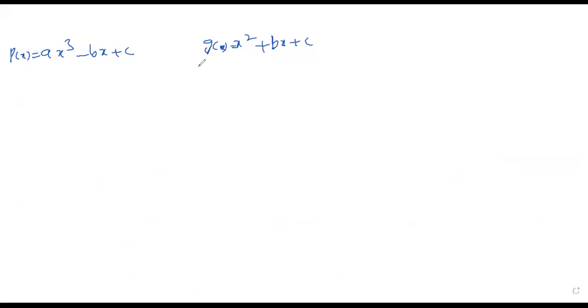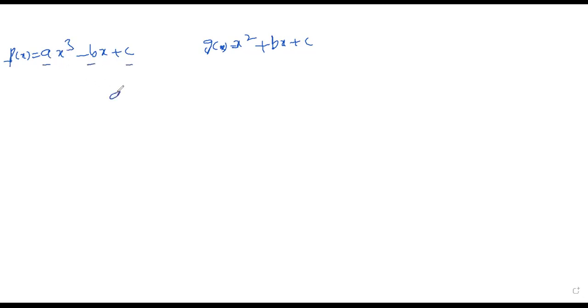Now, to solve this question, I'm writing a new method called synthetic division. If you have any doubt about synthetic division, please give a comment in the comment box. I will take two more examples for your convenience. So I am doing synthetic division here. They're saying this is f of x. Synthetic division means we have to take only the coefficients that we have in the polynomial.